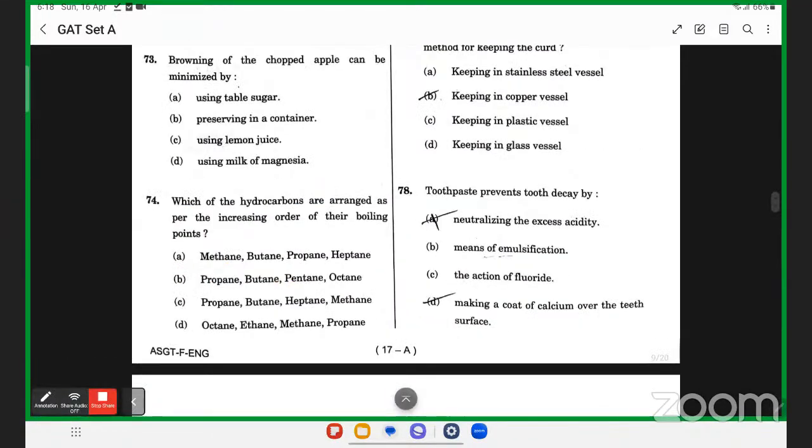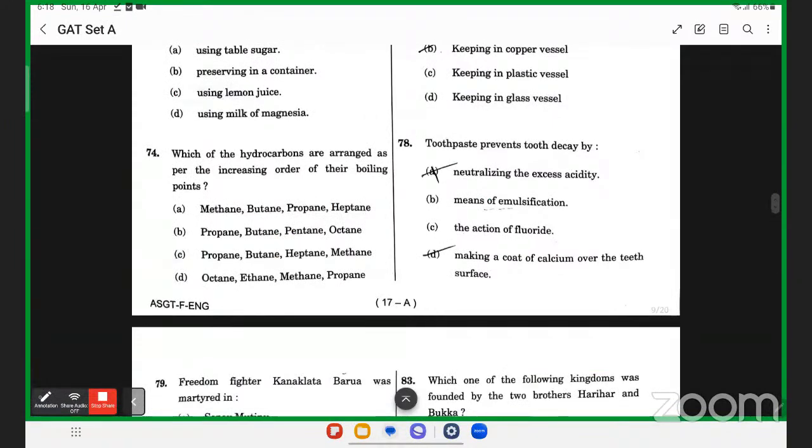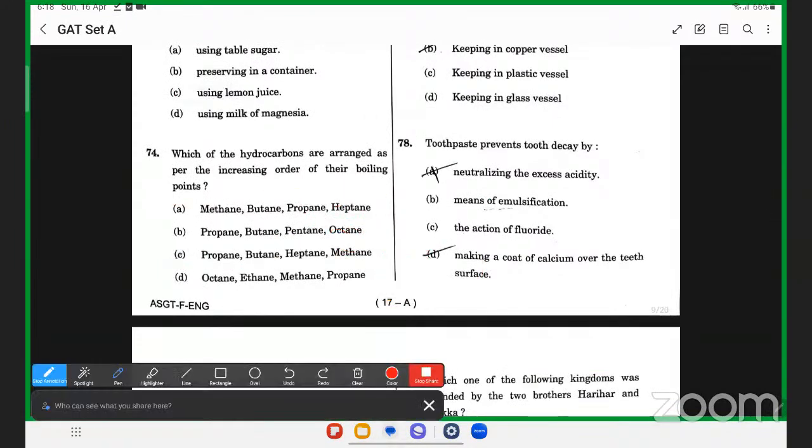Then we have 74th, that is which of the hydrocarbons are arranged as per increasing order of their boiling points. So increasing order of boiling point